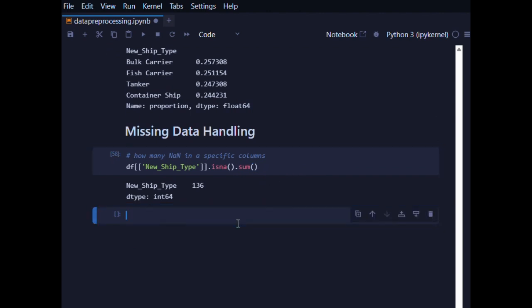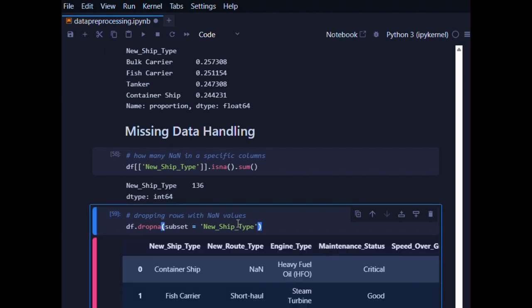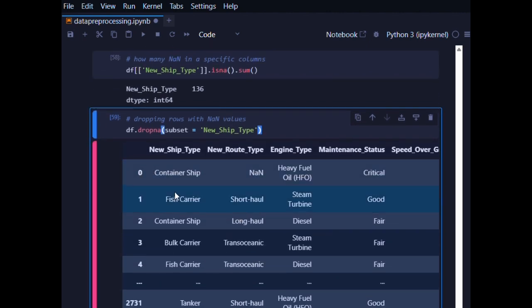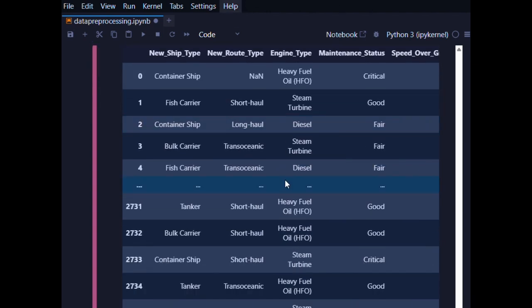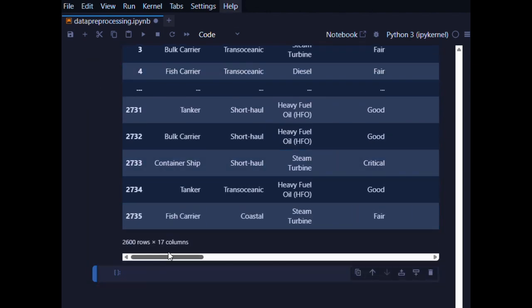Okay, and if we would like to drop the rows with none values, then we would take the data frame, say dropna, and subset, for example, new ship type. With this command we get the data frame where we don't have any NA values in the column new ship type. And what's also possible is if we want to replace none values, for example, we define